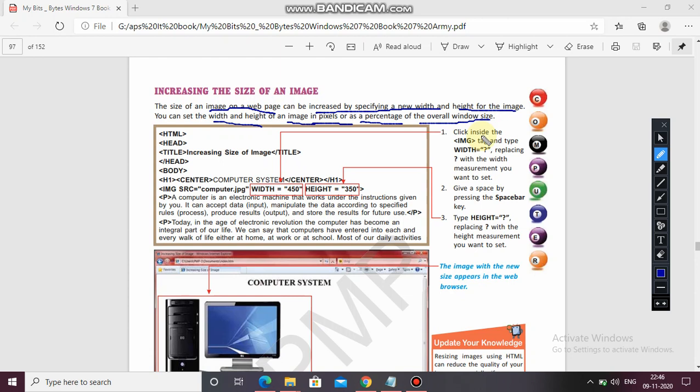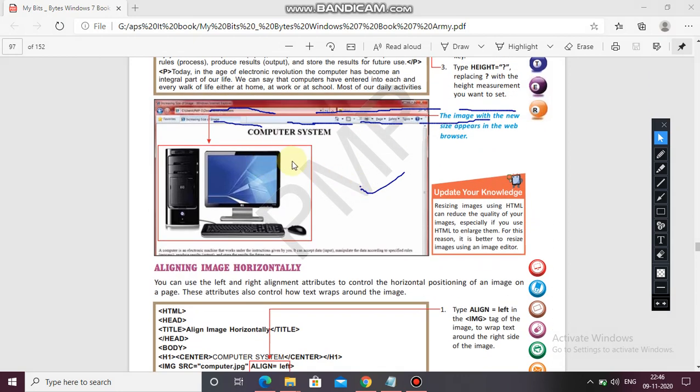So it has been adjusted according to the height and width given by the user. Here it is given 350 and 450. So you can see the height and width of the image. If you do not give them, by default it will take the original size of the picture. So the image with a new size appears in the browser.